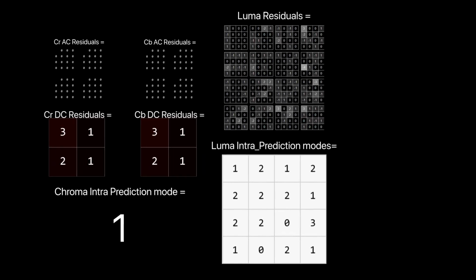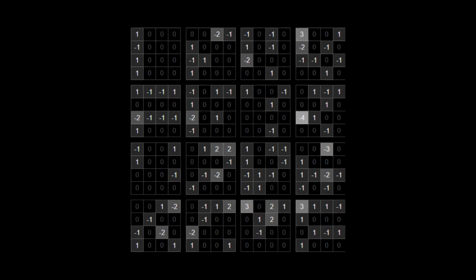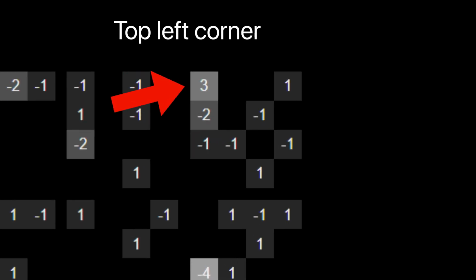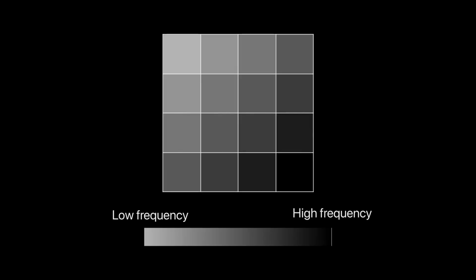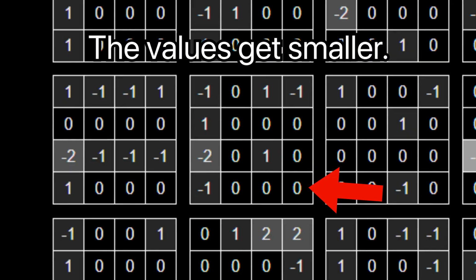Now, we can finally begin writing to our file. After quantizing the residuals, most of our transform coefficients shrink down to 0, with only a few non-zero values surviving, mostly cluttered in the top left corner of the 4 by 4 block. This is because low frequency coefficients are stored there. As we move towards the bottom right corner, into the high frequency zone, the values get smaller, often being just